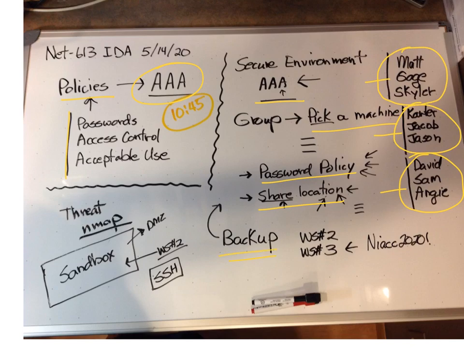Eventually they need to build backup access to work server 3. I changed those passwords. The whole environment's kind of like a sandbox. We're communicating through the DMZ. The only way into the sandbox is to work server 2 using SSH. So later on we'll do some Nmap work. So to wrap up,